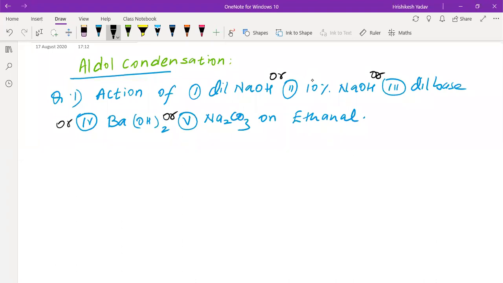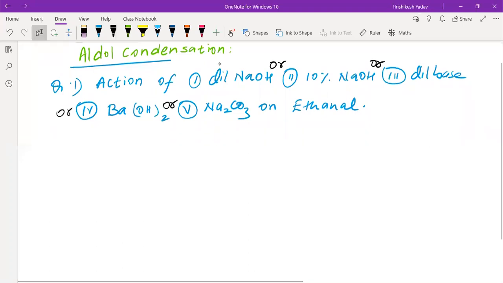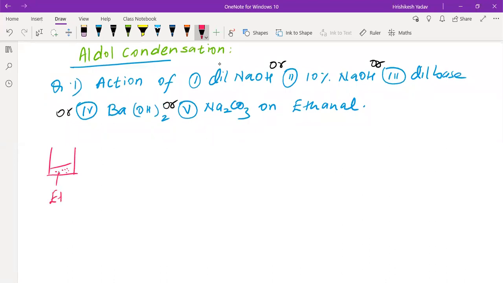Any of these 5, whenever this action comes, we'll see the reaction, but before going to reaction, generally what happens is, consider if we have ethanol here, say 100 molecules are there, when out of 5 any one of the reagent is added, say for example barium hydroxide is added,